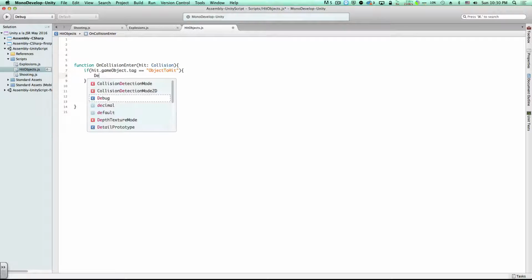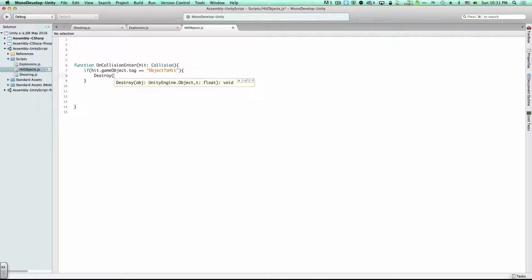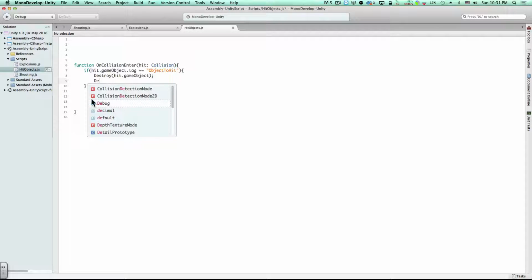So first of all, let's destroy the thing that we've hit, so this hit dot game object. So the sphere, for example, which is tagged that. And we'll destroy the crate itself, which this code is on, the game object. Make sure that it doesn't give you a capital G. And then we're going to instantiate